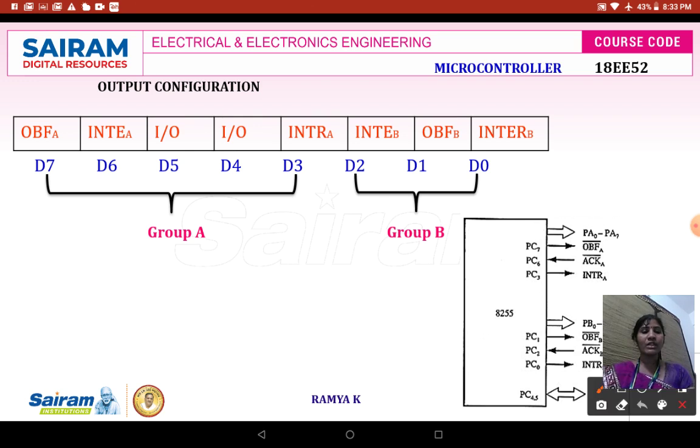Once the output buffer full is received, it issues an acknowledgement signal to your 8255 stating that the data has been received and the output buffer is full, so that when the next data comes, before that this data can be loaded onto your output buffer register. It is just like your memory storing your data, whatever is coming from your transmitting channel.